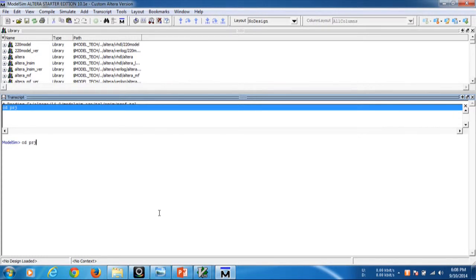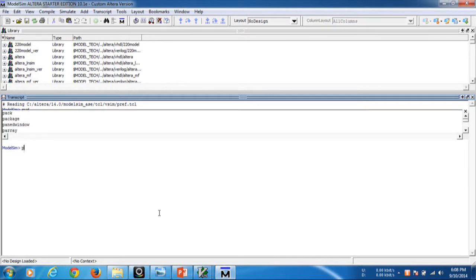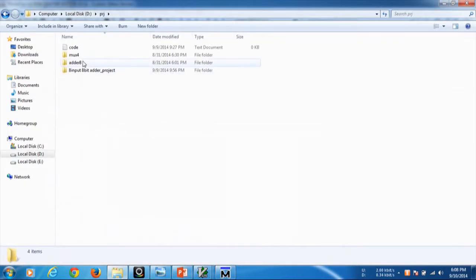So cd project, I'm just using the arrow and mouse to select this. Let's look at the path where I am. So I have shifted to D drive projects. Let's see where you have to move.